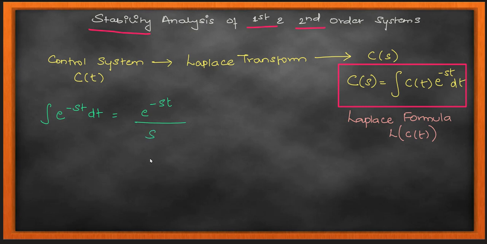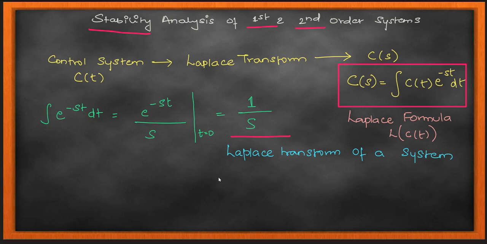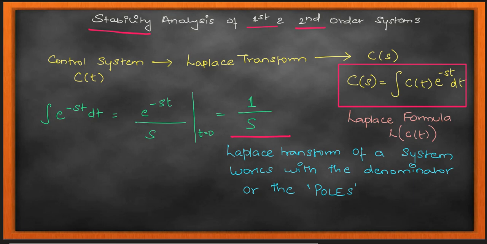So this is my Laplace transform, and let's just say that my C of t is 1, and if I'm integrating this e to the power of minus st, I'm going to get something as 1 by s, right? After making a few substitutions, I'm taking t equal to 0, then I'm putting my c of t equal to 1. So the point I wanted to show you is that 1 divided by s. So I can tell you that for this control system, the Laplace transform works mainly with the denominator, right? After applying the Laplace transform, I'm getting this 1 by s, and that is working with your denominator.